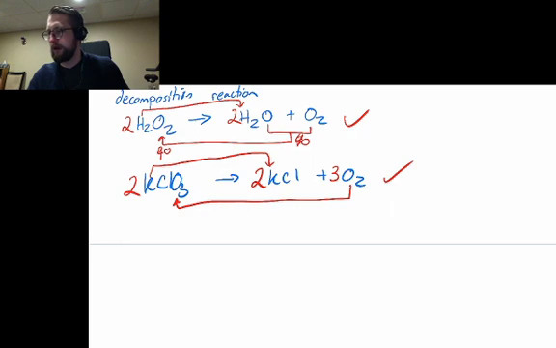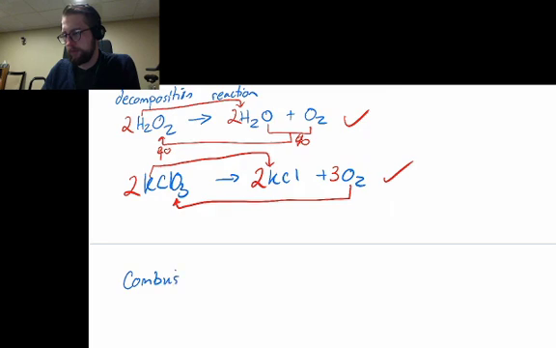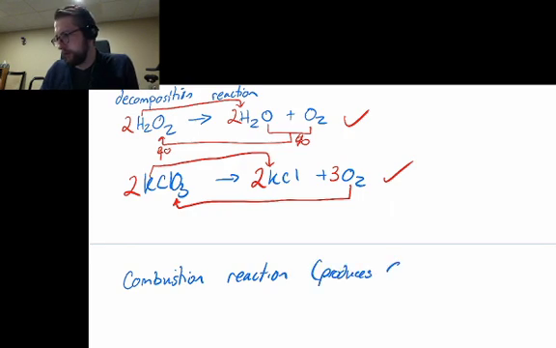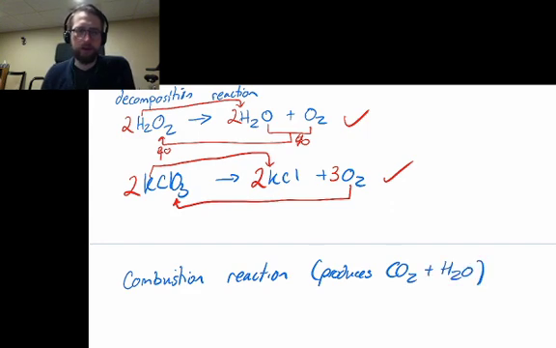Okay, last 2 reactions. We have the reaction that we call the combustion reaction, which produces CO2 and water. In chemistry we have more types of combustion reactions. We might call a lot of different types of reactions combustion, but we are specifically talking about carbon products in